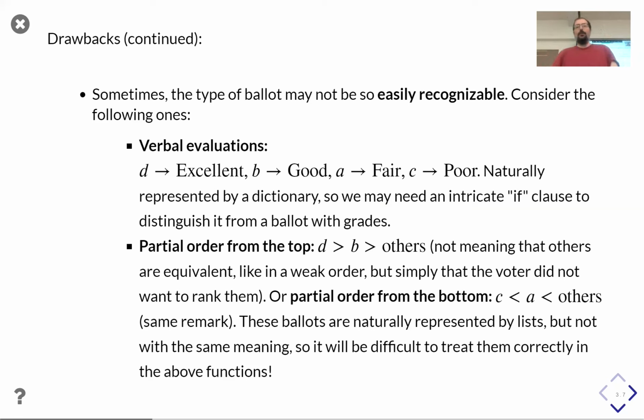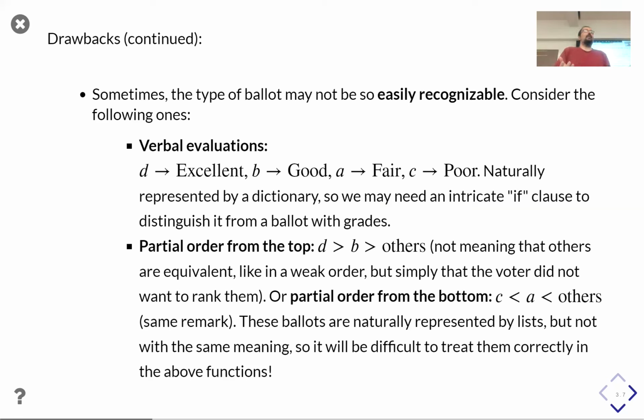Even worse, if you take, for example, partial order from the top. So I prefer D to B to the others, which does not mean that I prefer D and B to the others. It just means that I didn't want to tell my opinion about the others. Or partial order from the bottom. So C is the worst, then A, and I don't want to tell my opinion about the others.